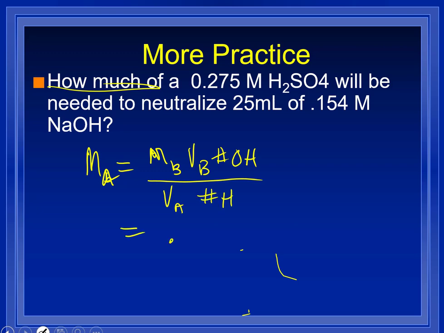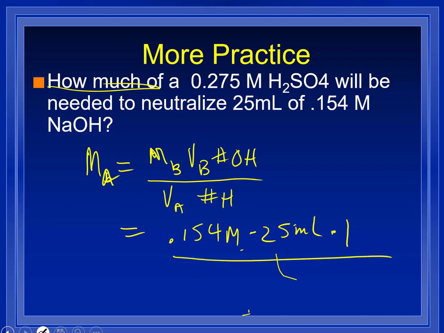So 0.154 molar, 25 milliliters, 0.275 molar, and 2, H2SO4. So the base is on top this time because I'm trying to find the acid. Doesn't matter which side you solve for, the math looks the same. So 0.154 times 25 divided by 0.275 divided by 2 is, with 2 sig figs,